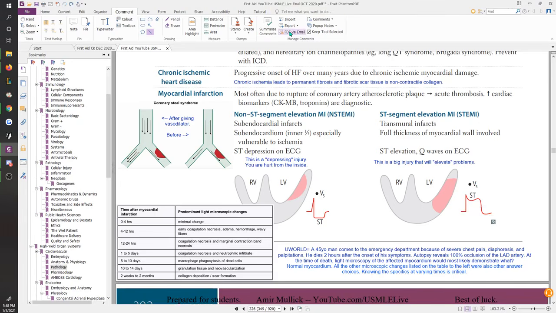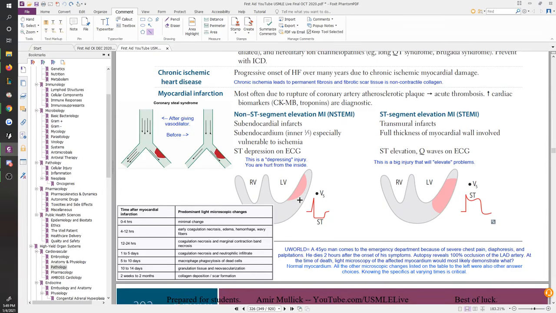So I always think of ST depression as depression, which is where you're hurt from the inside, right? In depression, the pain is inside. It's not like physical bodily depression where you have pain outside. So that's what you see in ST depression MIs, right? The N-STEMIs, which is a no ST elevation, which usually means it's an ST depression, has an infarct from the inside, only inside, right? So this is called a subendocardial infarct. Subendocardium, which is the inner 1/3, is especially vulnerable to ischemia because blood needs to pass through the entire endocardium to supply blood on the inside, right? So then that part just gets infarcted, and you see that as an ST depression.